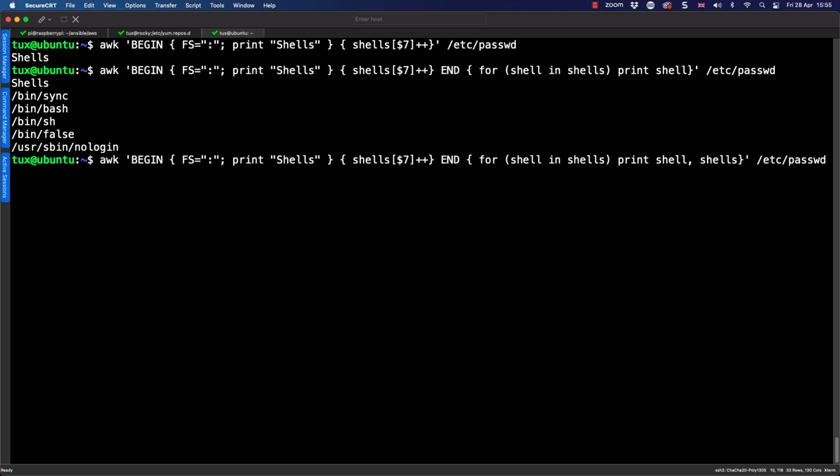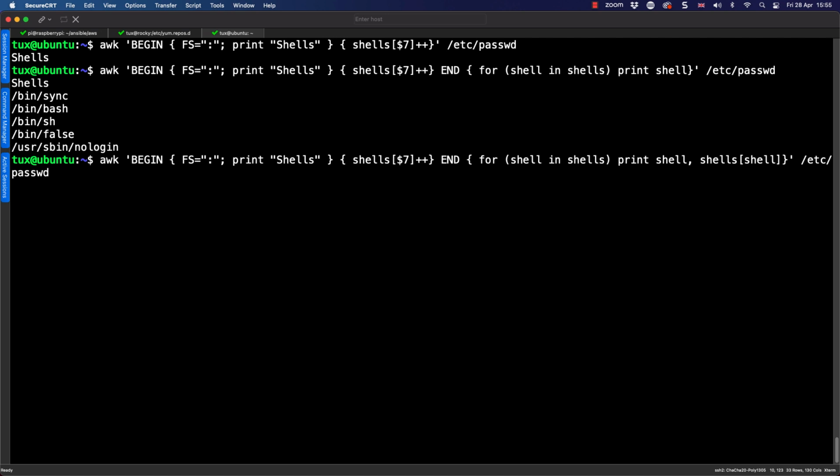So we can go into shells, open up our square bracket and put shell singular. So for each shell we find in the shells array, we're going to print out its value. Its value is going to be how many times it has occurred, or our count. So this then starts becoming really functional.